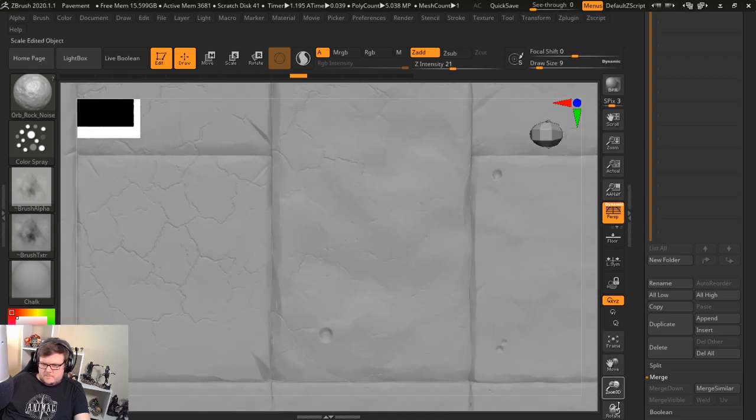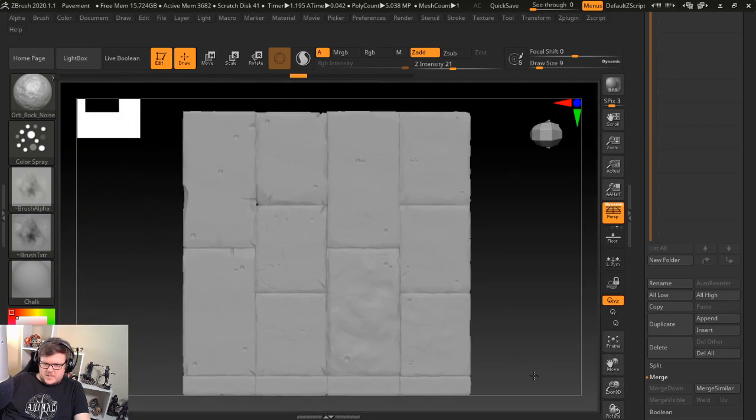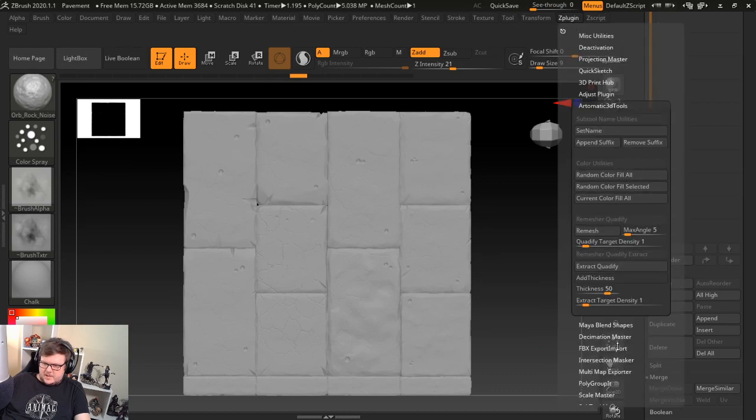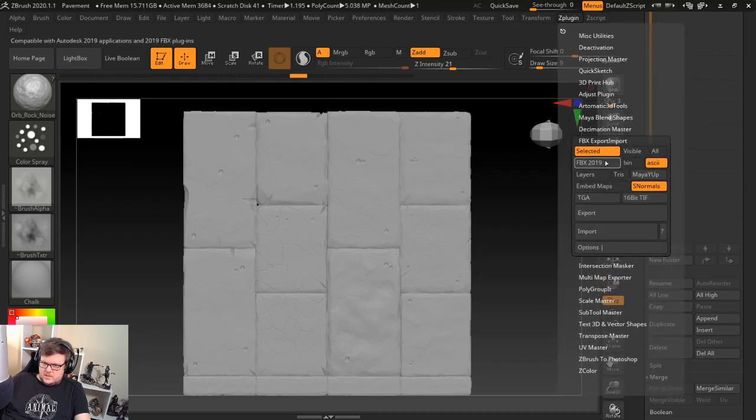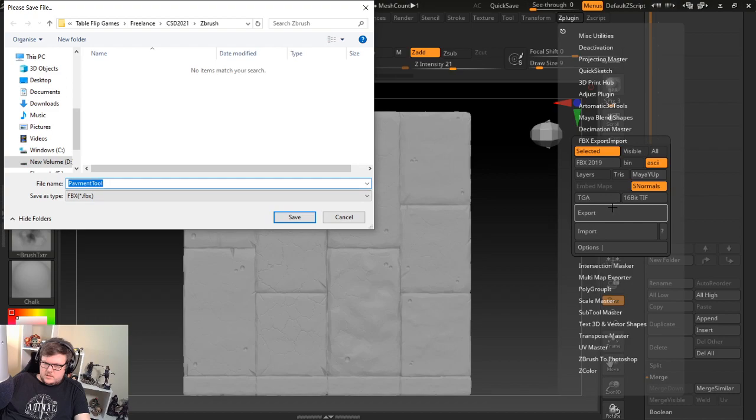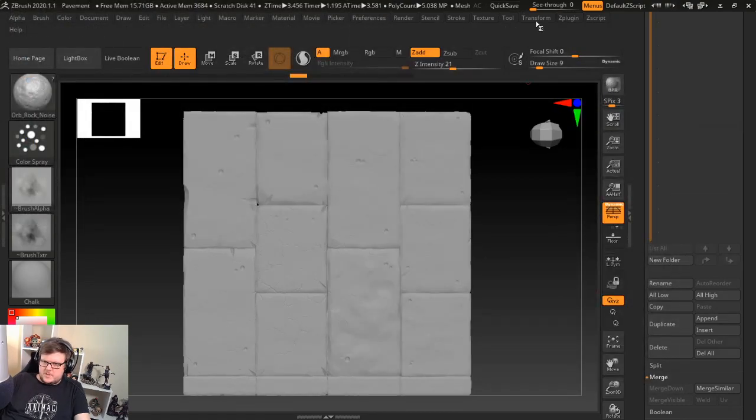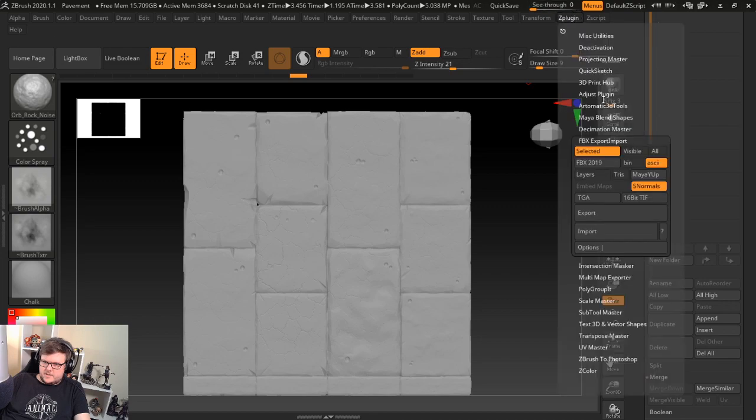Okay, I'm going to export this now. So I'm going to go to FBX export. Yeah, 2019, that's fine. Export, yes. Oh no, first thing I'm going to do is this. So if I just go to